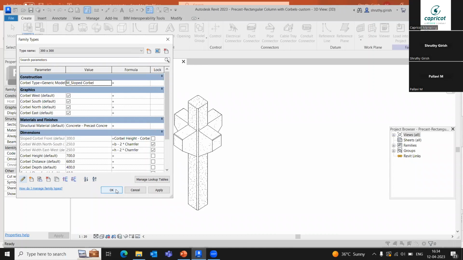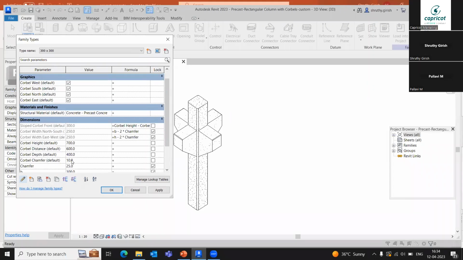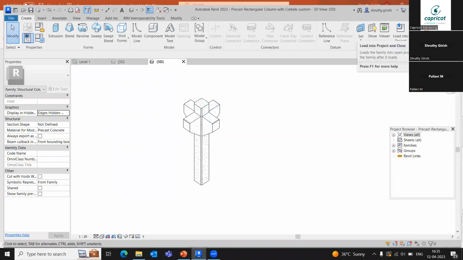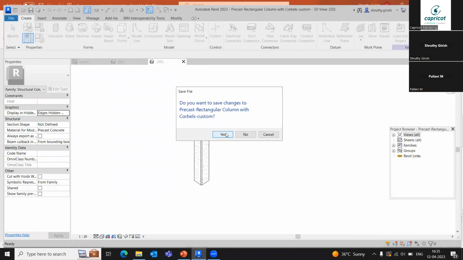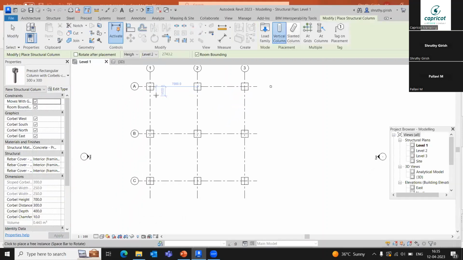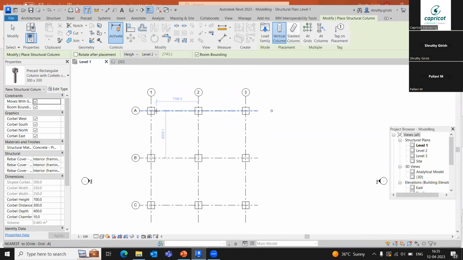Now I'll be changing the corbel distance. The corbel distance is already given as 600. I'm going to change it to 300, for instance, and say OK. These changes will help me speed up my work. Now I'm going to load this into the project and close. So now you can see that the precast columns are ready to be placed